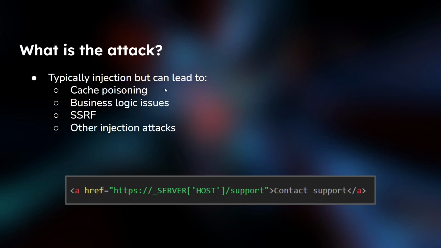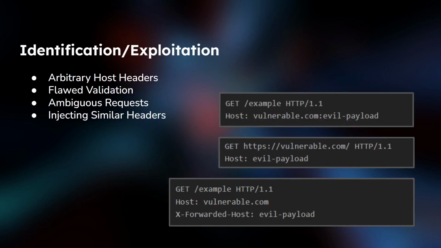Obviously, if you can inject this, you might see cache poisoning, you might see business logic issues, depending on what's being done, server-side request forgery, things of that nature. The way that might work is, first you want to identify and do some light exploitation. So for example, arbitrary host headers would be something like, it's not quite this first one, but just add some junk to the end of your host header and see if something weird starts going on, see if the application behaves strangely or if it